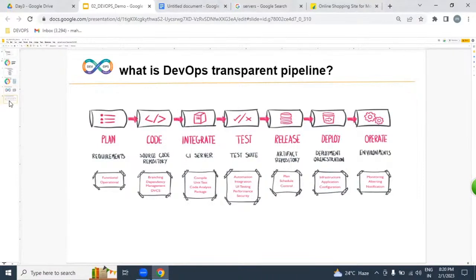In this DevOps process, we have plan, code, integration, testing, release, deploy, and operation. As a DevOps engineer, our roles and responsibilities start from the dev environment and end with operations. That means we are part of coding, integration, testing, release, deploy, and operation. But frankly, we are not part of planning, we are not writing any code, we are not writing any test cases. We are just implementing